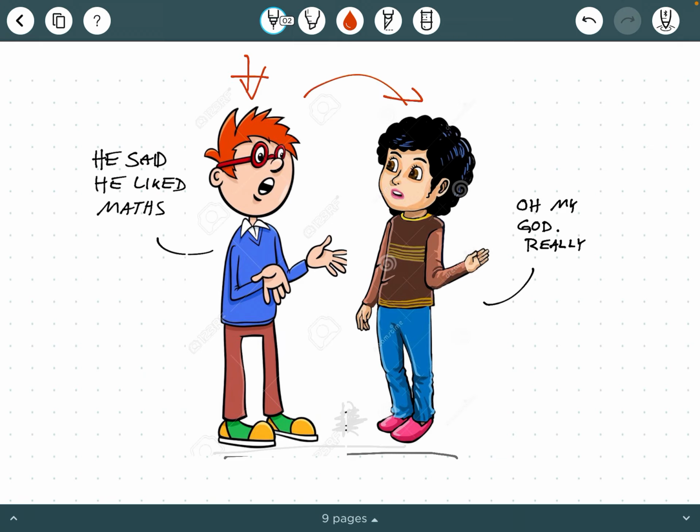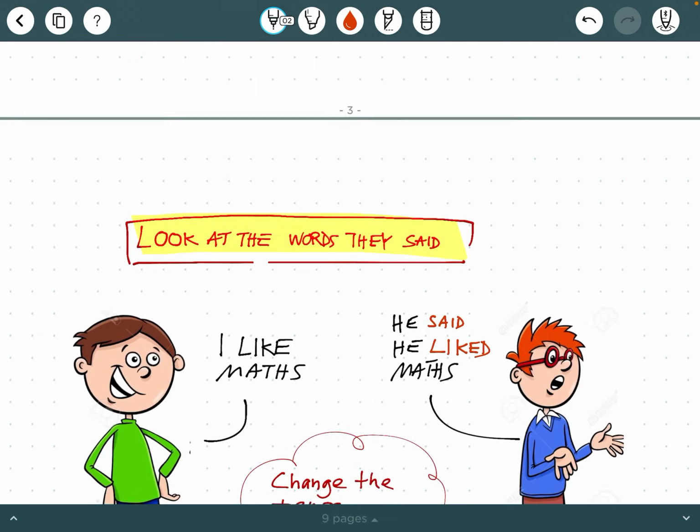And so he says this: "He said he liked maths." And the other person says maybe, "Oh my God, really?" That's the situation. Indirect speech, reported speech, indirekte Rede. Now let's dive into it and have a look at the rules.